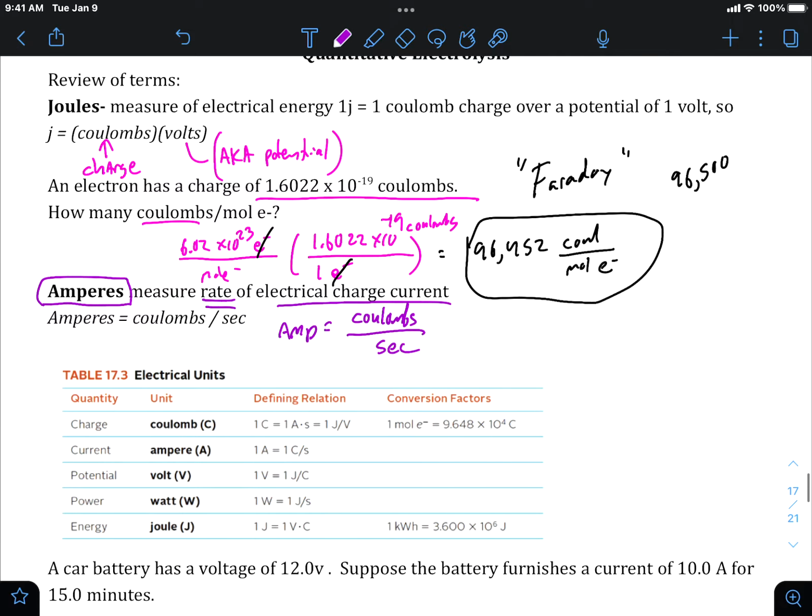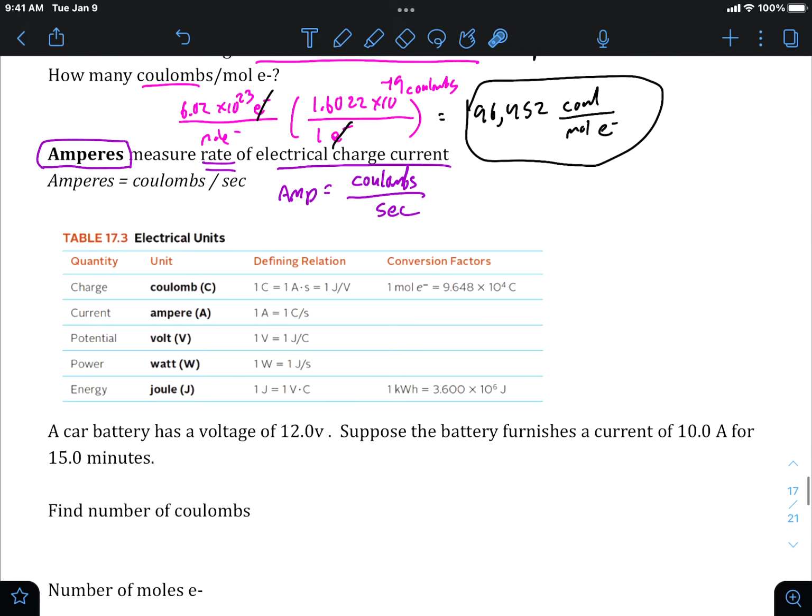Okay. I threw this table in here just because it's a good reference, and it helps clarify, because occasionally you'll see current terms. They'll mention your amps are this, but amps are really current. So when we say what is current, current is measured in amps. What is potential? Potential is volts. What is power? Power is measured in watts, right? 1 watt is joule per second. All of these terms are interconnected, and essentially you can use any combination of these to find the others. Just pay attention to the equations, okay? And these calculations are all kind of dimensional analysis based. So as long as you know what unit you're looking for, what unit you're canceling, you can find any value,